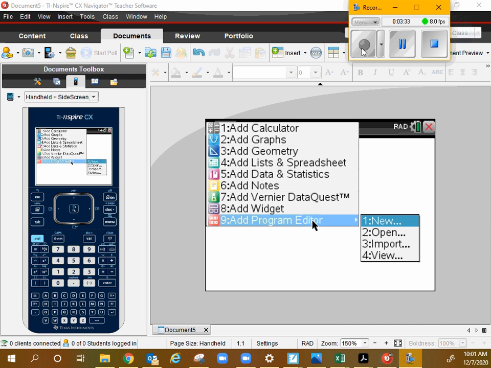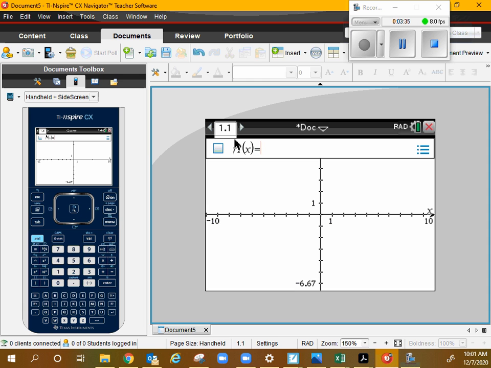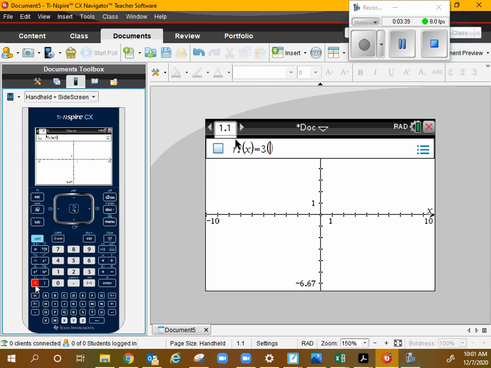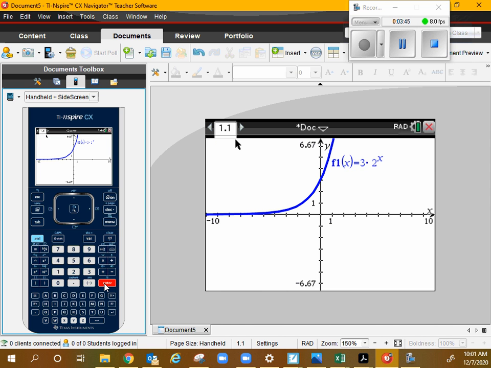New document, add a graph, and type in your function, 3 times 2 to the power of x, enter. Okay, so that confirms that yes, it is a growth function, increasing, and I need my table of values, so I'm going to push Control T,